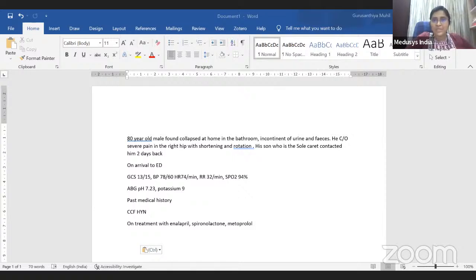A 90-year-old male is found collapsed at home in the bathroom, incontinent of urine and feces. He complains of severe pain in the right hip with shortening and rotation. His son, who is a sole caretaker, contacted him 2 days back. Upon arrival to ER, his GCS is around 13/15. BP is 80/60. Heart rate is around 74. Respiratory rate is 32, and saturation is 94%. Upon doing an ABG, his pH is 7.23 and potassium is 9. His past medical history includes hypertension and congestive heart failure. He's on treatment with enalapril, spironolactone, and metoprolol, and his ECG showed